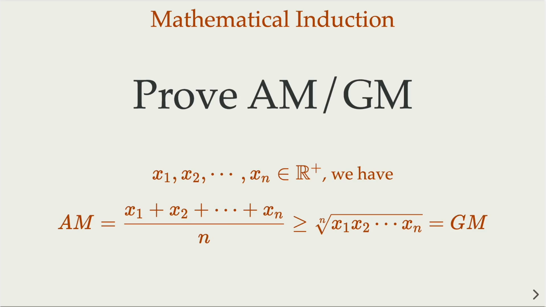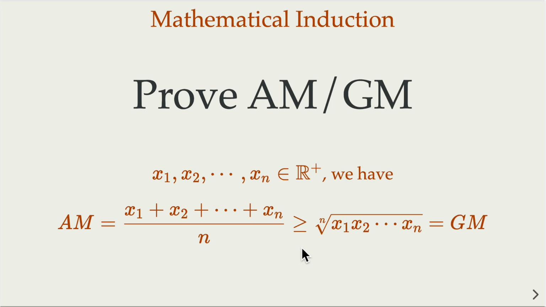We're going to use mathematical induction to prove the AM-GM inequality for n variables. There are multiple ways for the induction, and here I'm going to share two methods with great algebra tricks. Just to review, the AM, arithmetic mean, is the average of n variables, and the geometric mean is the product and then the nth root. It is a very useful inequality, and it has many applications in calculus, in optimization problems, and